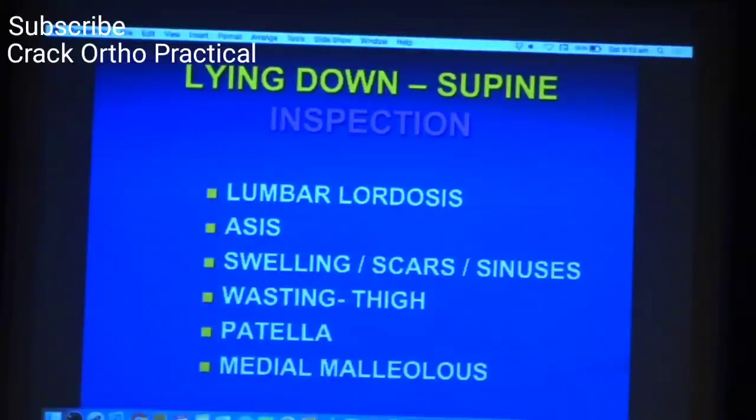What is the position of the patella? Yesterday the candidate used the position of the patella for underscoring the limb length discrepancy. I think it is wise to use the patella only as an indicator of rotational attitude or deformity, because we have the medial malleolus to give you an idea of whether there is a limb length discrepancy or not. Yes, if there is some distortion there, then in an isolated case it may be okay to use the patella, but predominantly the patella is an indicator of rotational alignment.